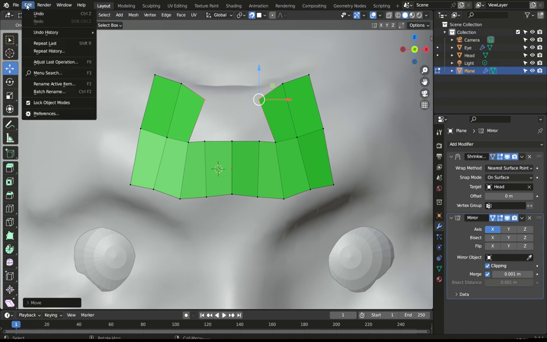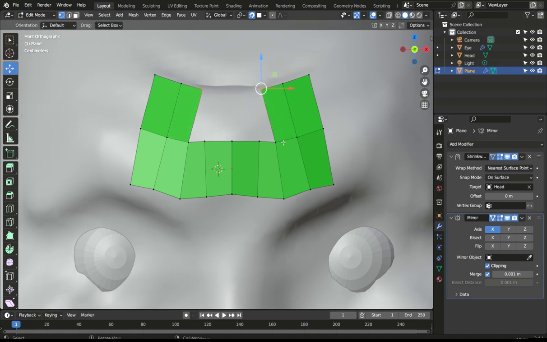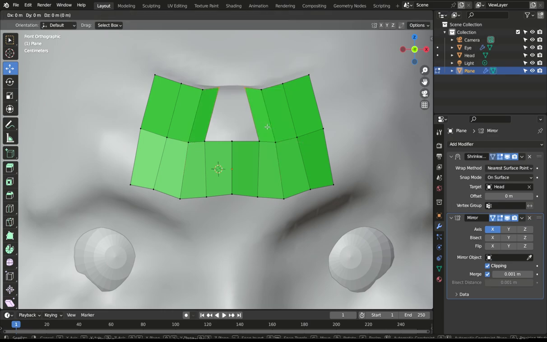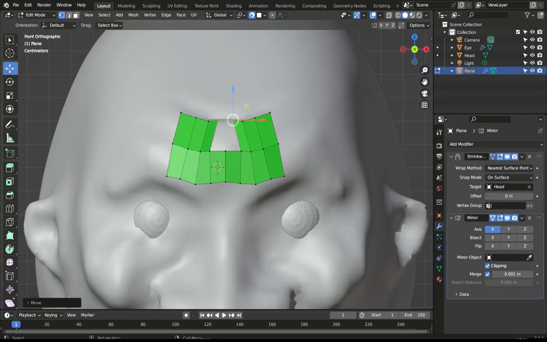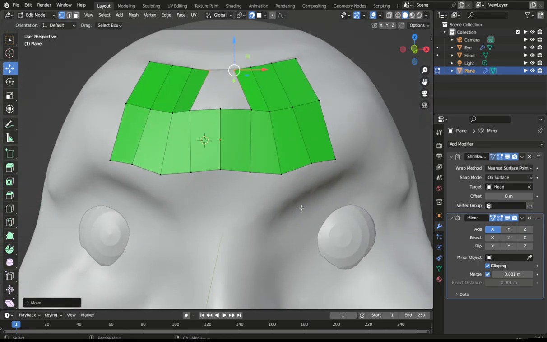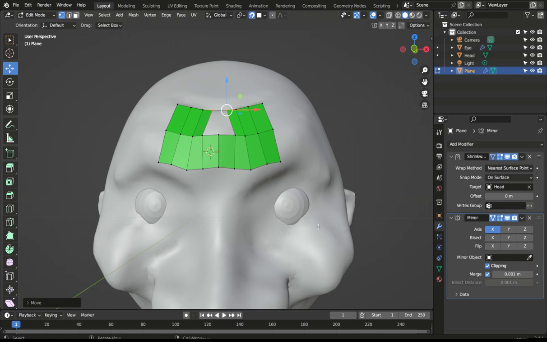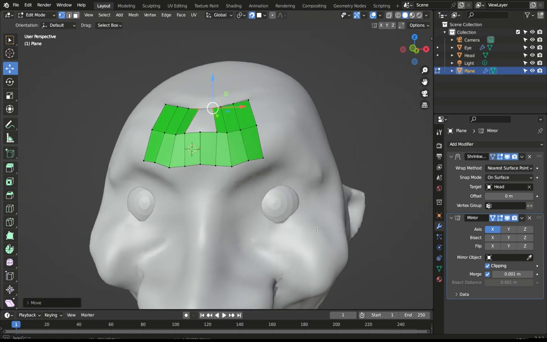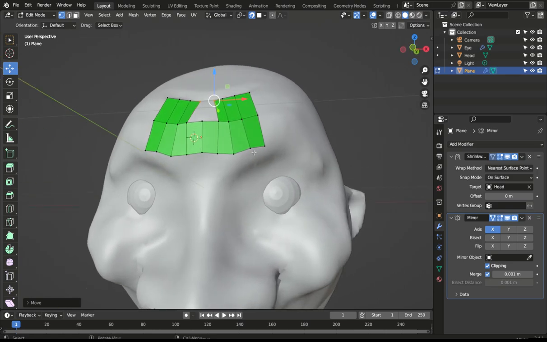Oh, we're going to do that. Click, F. Now, if you want to go ahead and change your topology and change your plane, so let's say we want to do this around the eyes, but we want to have a little bit of spacing here, go to the vertice here, left click,